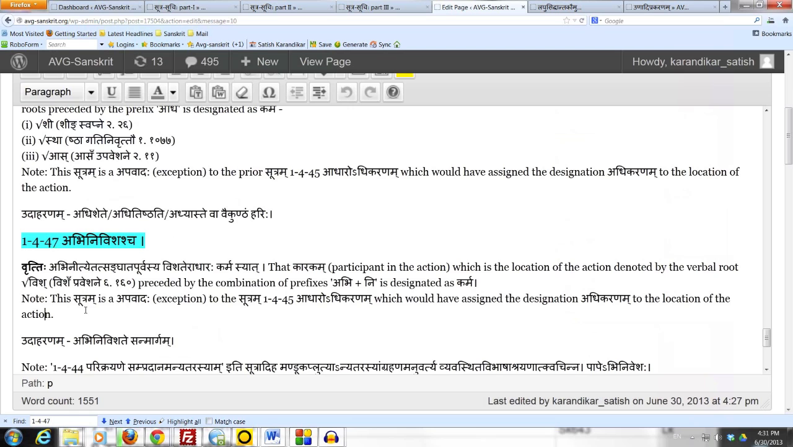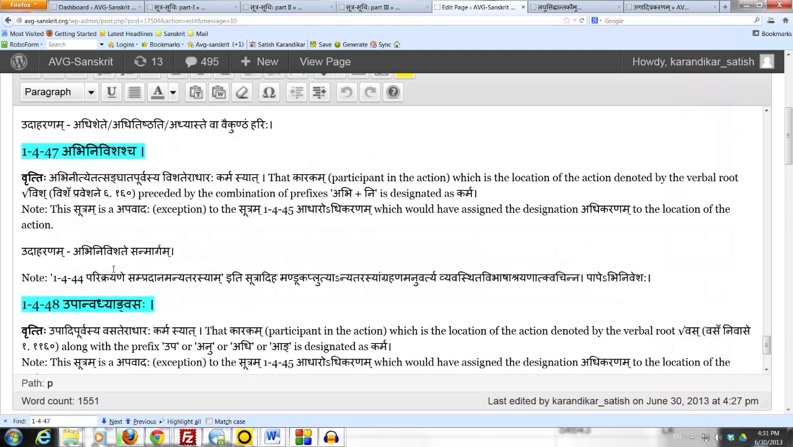Now sometimes we do see the adhikarana sanya also being assigned to the karakam, which is the location of the action, denoted by abhinivish. For example, pape abhiniveshaha. Pape abhiniveshaha means entering into sin, entering into bad activities, resorting to sin. So how do we justify the fact that here papa has received the adhikarana sanya in spite of this sutram 1447? Siddhanta Kaumudi says: